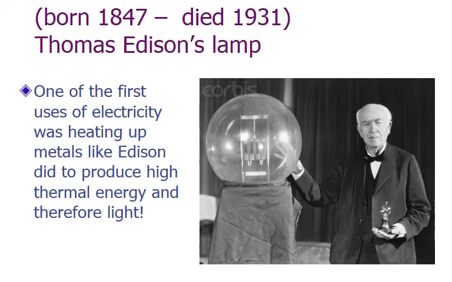When you think about electricity, it's hard not to think about Thomas Edison. One of the first uses of electricity was heating up metals, like Edison did, to produce high thermal energy, and with high thermal energy we can produce light. We've looked at the black body radiation simulation and how, if you can get an object to a certain temperature, it can produce light. And this is him here,